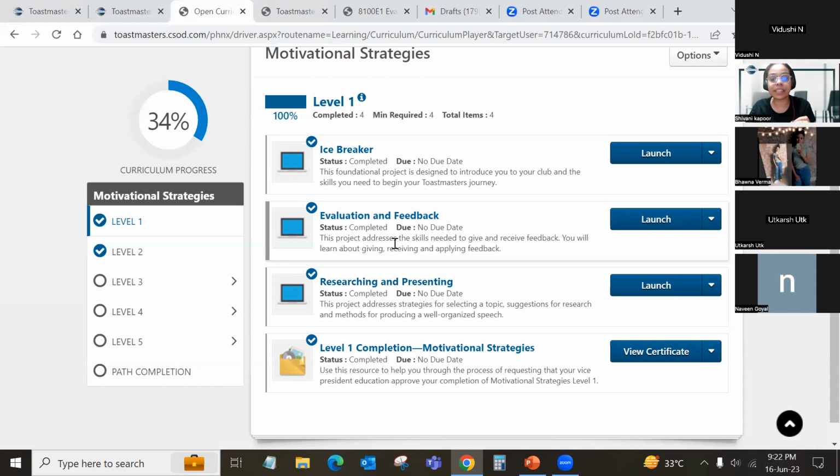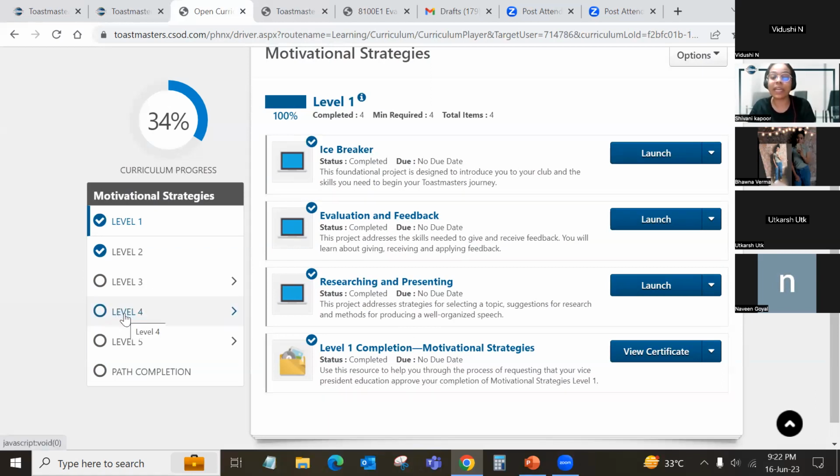If someone is in level 1, it's preferable, and they're a very new speech evaluator, we suggest that they evaluate a speech of the project which they have already done. For example, if someone has already given an icebreaker and is now eligible to be an evaluator because they have done this project as well. So initially, for the first 1 or 2 times, we will suggest that they evaluate only an icebreaker speech, right? Because it doesn't require a lot of in-depth observation.